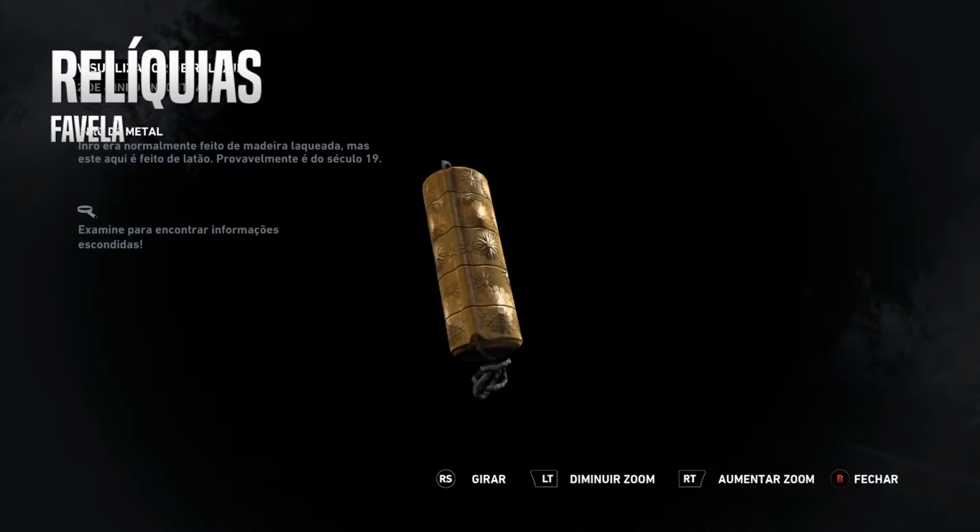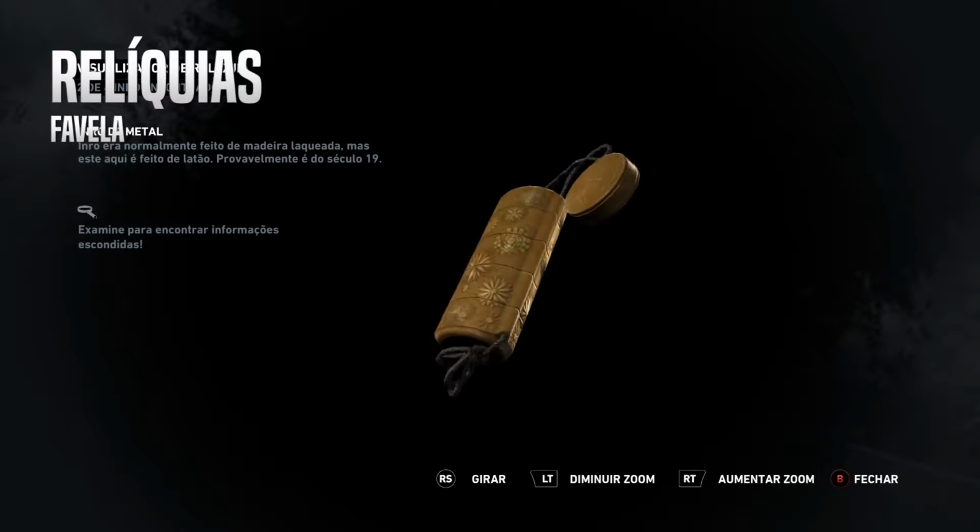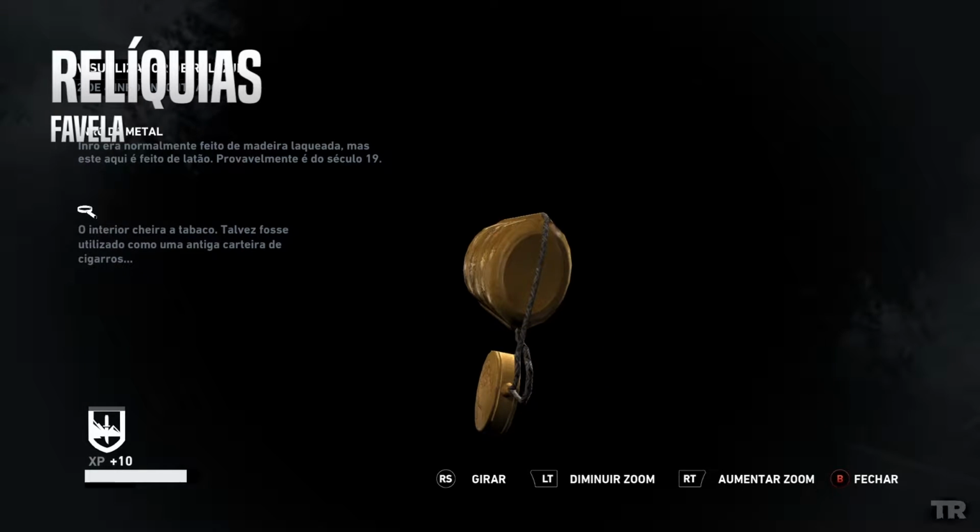Inro are usually lacquered wood, but this one's made of brass. Probably dates from the 19th century. The inside of this inro...